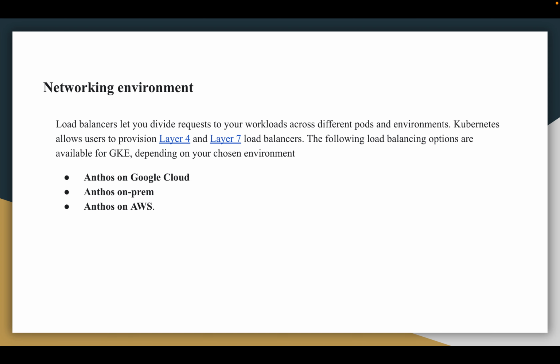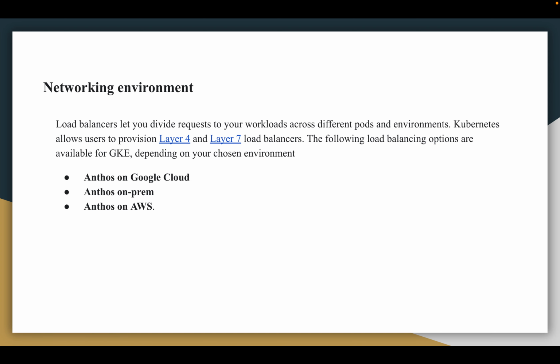With Anthos on Google Cloud, GKE uses network load balancing for layer 4 and HTTPS load balancing for layer 7. Both are managed services and do not require any additional configuration or provisioning on your part. Multi-cluster ingress allows us to deploy a load balancer that serves an application across multiple GKE on Google Cloud clusters.